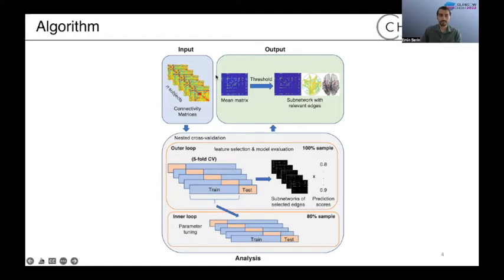In this mean matrix, the weight for each edge represents the frequency of being selected in the cross-validation structure plus the prediction scores. Therefore, it clearly represents the contribution of each edge to the overall prediction performance. As I said, this mean matrix is our final outcome, but we can still threshold it to visualize a subnetwork with the most relevant edges. Yeah, so this is how the magic happens.